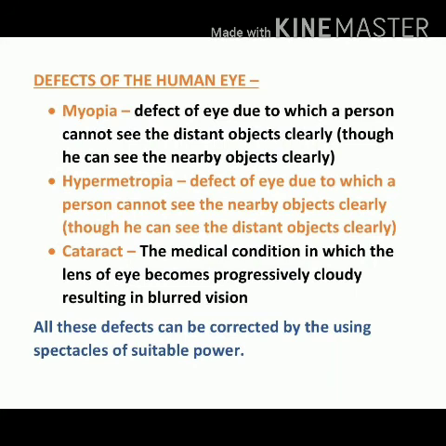Apart from this, another defect of the eye, which usually comes in old age, is cataract. The medical condition cataract is a situation in which the lens of a person becomes cloudy, and the person cannot see clearly. So these are the three different defects, and all these defects can be rectified by using correct spectacle lenses. So for today